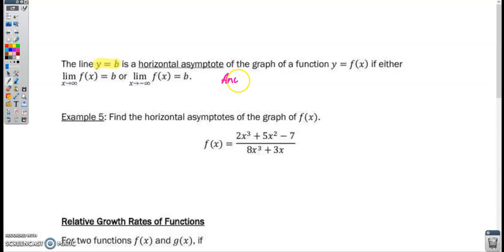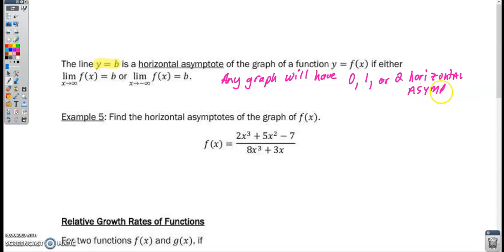namely any graph will have 0, 1, or 2 horizontal asymptotes. So, graphs of functions, the number of vertical asymptotes that a graph could have is technically unlimited. Imagine the tangent function, for instance, where we've got a periodic asymptote that happens over and over and